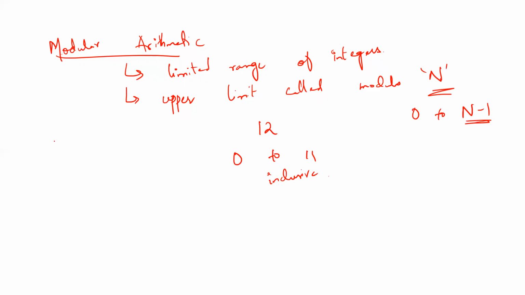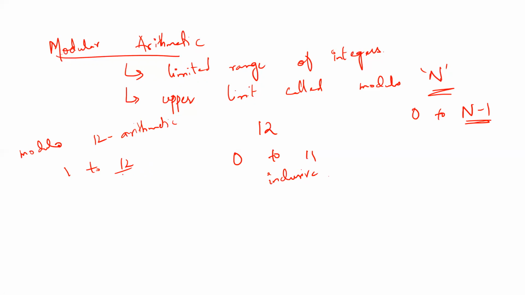An example of this modular arithmetic is basically our clock system. It is based on modulo 12 arithmetic. Here, instead of 0, we use 12. So basically we have numbers from 1 to 12. And in the modulo N system, if a number is greater than N, it is divided by N and the remainder is the result. If it is negative, as many N's are added to make it positive.